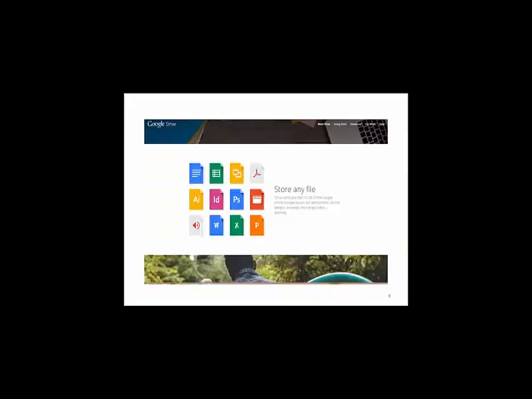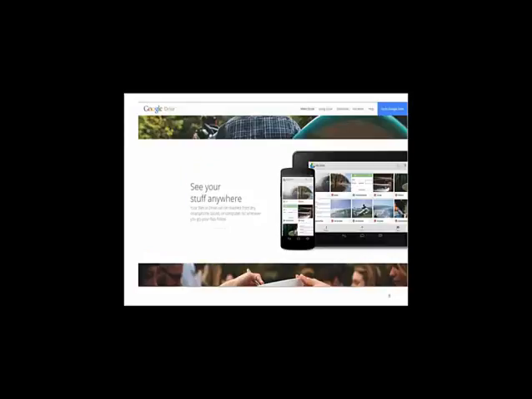Everything can be hacked. Google Drive will store any kind of file. So this isn't just proprietary software; you can save Acrobat, video, JPEGs, photos, just any kind of file. So that's a lot of flexibility built into Google Drive.